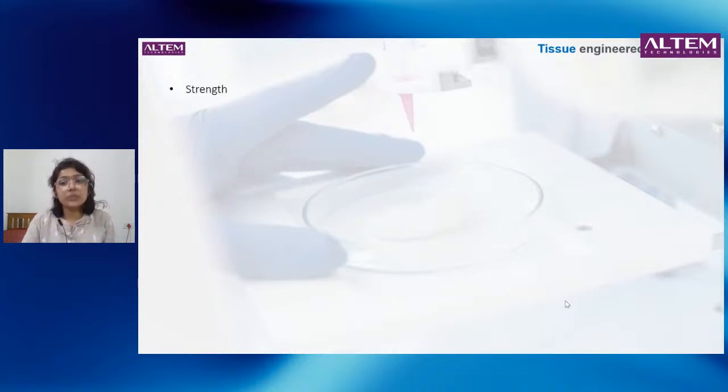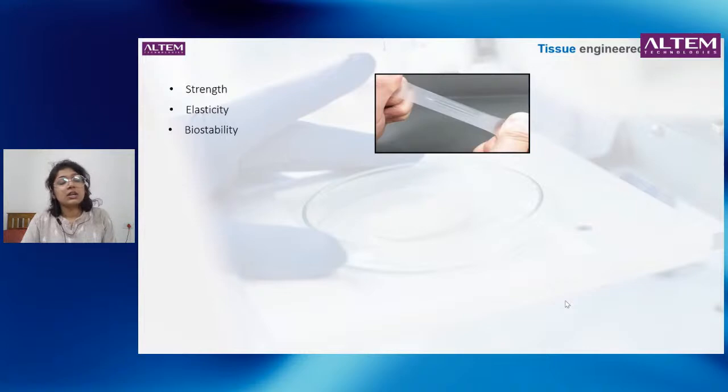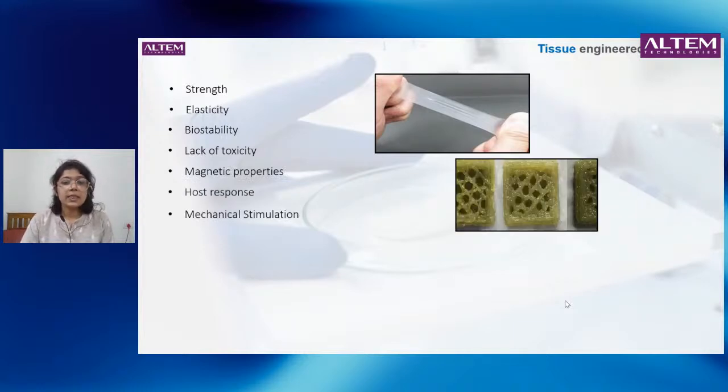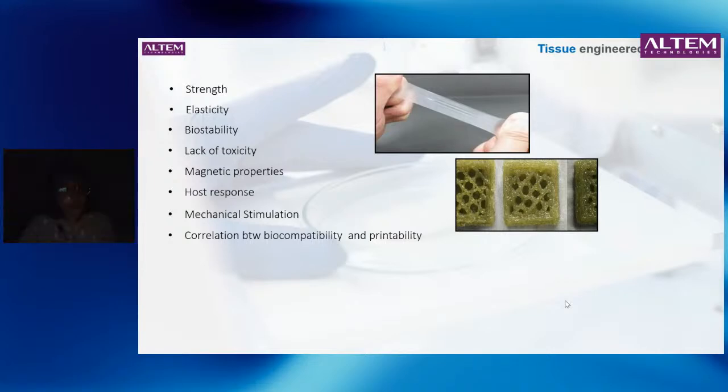So, when you're looking at tissue engineered materials, you are looking at the strength of the material, elasticity, biostability, lack of toxicity, magnetic properties, host response, mechanical stimulation, a correlation between biocompatibility and bioavailability,